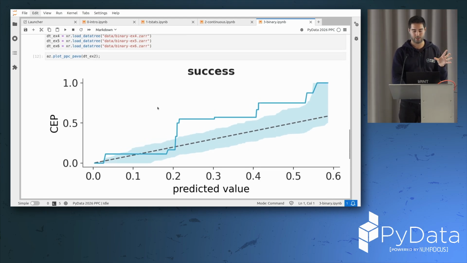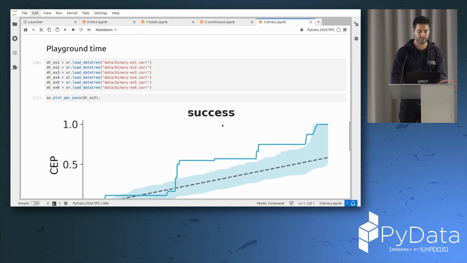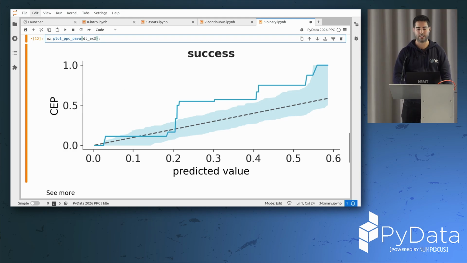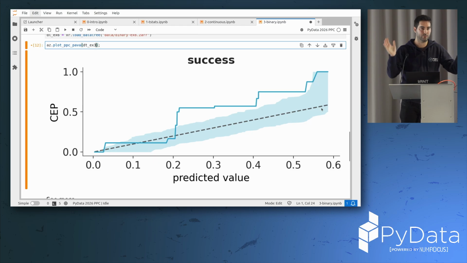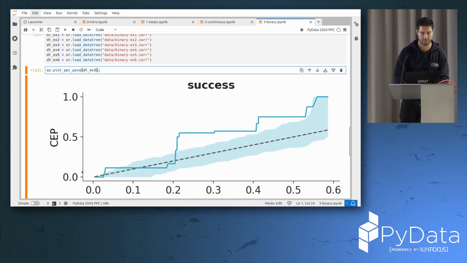If you have very, very good models where the deviation is only around 0.45, 0.55, something like that, I don't remember if I have an example for this, but you can end up with something that looks like a flat line and then some spikes to the top and to the bottom for the shaded area. The fact that it's not diagonal is not an issue as long as it's within the shaded area, because we are just restricting the